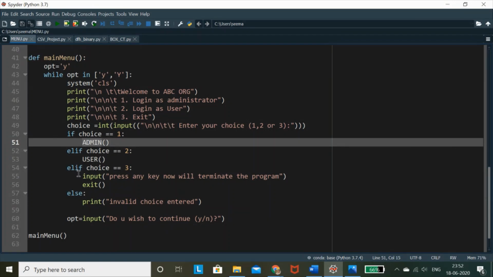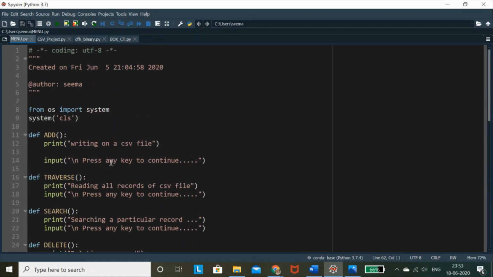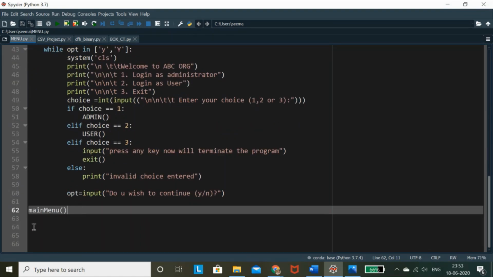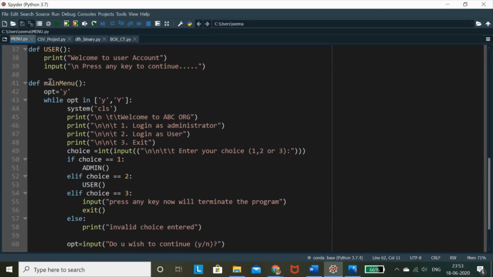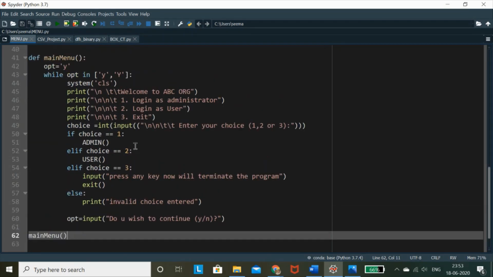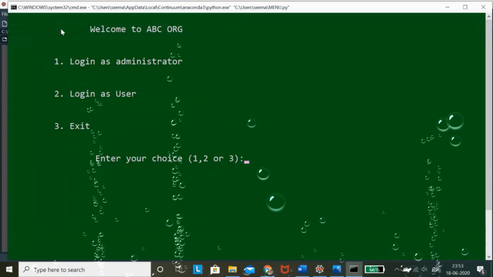So once the definition is over, you can see that I have written this command over here, main menu, because now my code execution will start from here. You can see that this command is out of the indentation of this block. That means till now, I have defined only the functions. Basically, my code execution is starting here from line number 62. So when I run my program, this command will execute, and after that the control will go to line number 41, and depending upon whether the choice entered is 1, 2 or 3, the related functions will be called. So let us run and execute this simple program.